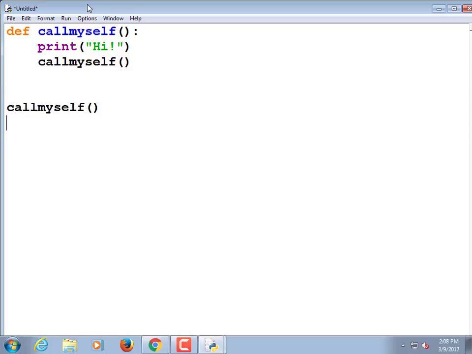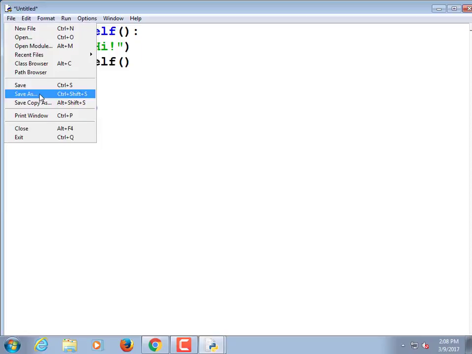We've already seen functions before. It ignores this until it hits that, then it runs up here. It prints hi, and then it calls itself again. And it's effectively in an infinite loop at that point, except it's worse than an infinite loop. The only thing about an infinite loop is it'll run forever, and you finally have to cancel the program. This will actually cause it to crash. Now, it may take a while for it to crash, so I might skip demonstrating that.